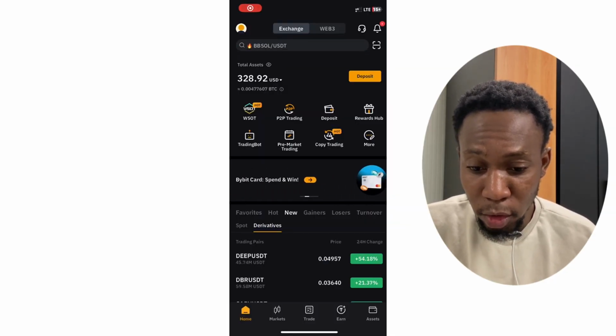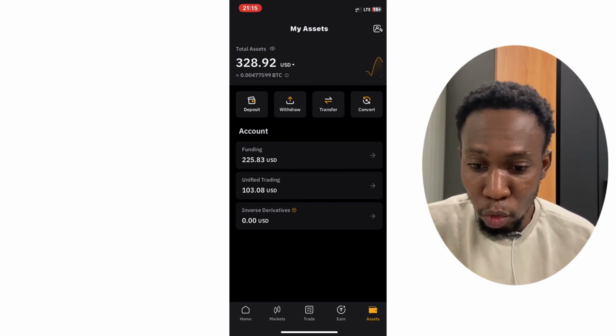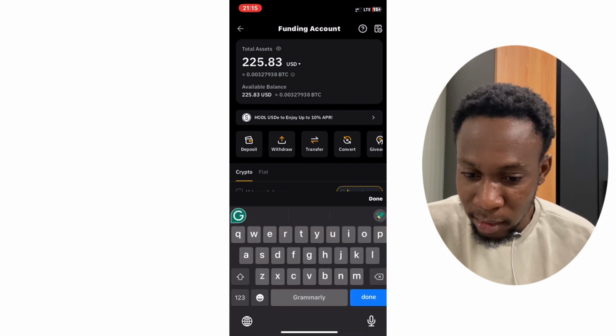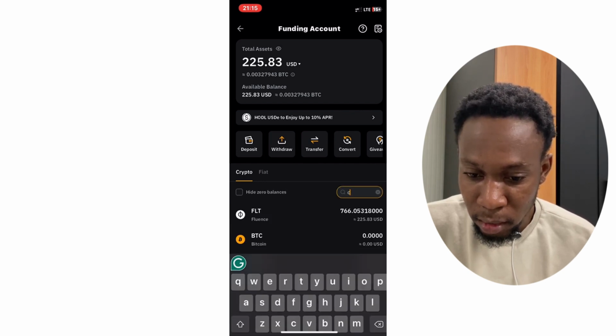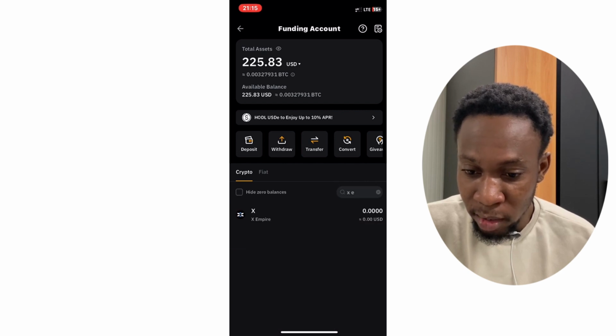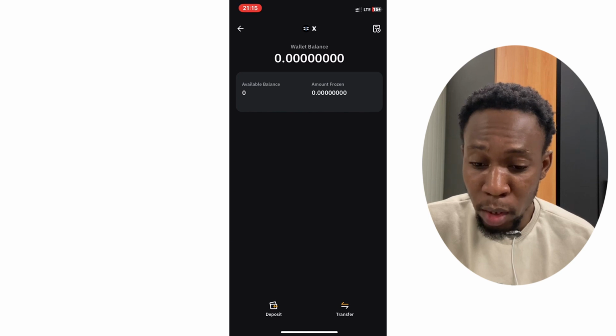Once you go to your account, you need to press assets right here. Once you press assets, you need to go to funding. Once you come to this funding, you need to search X and press E. Once you search X and press E, you will find X Empire right there, and you will press